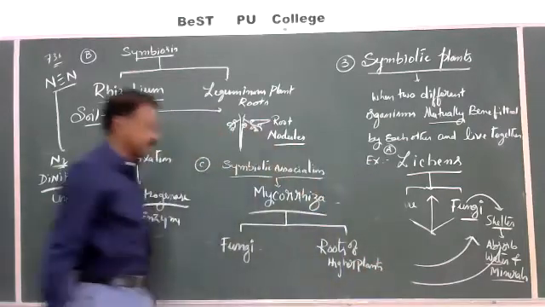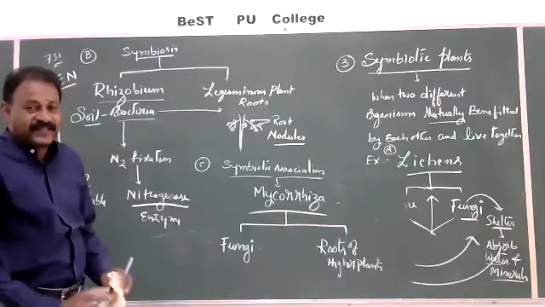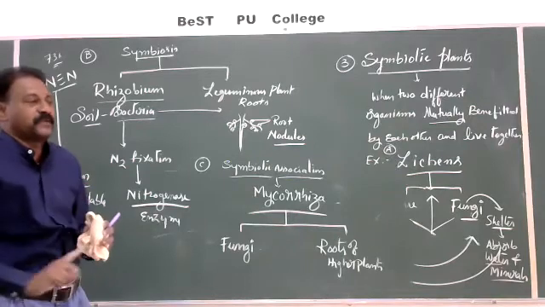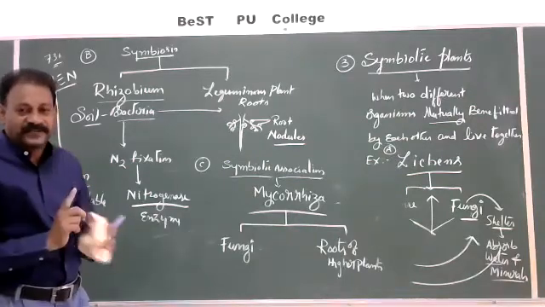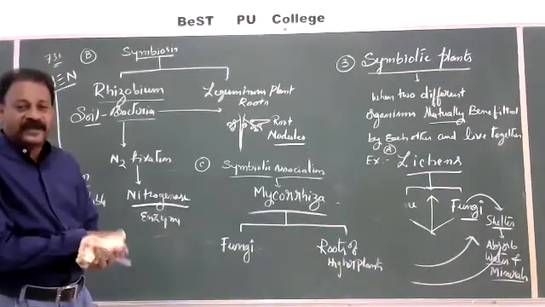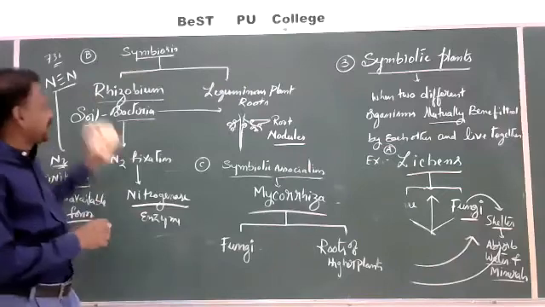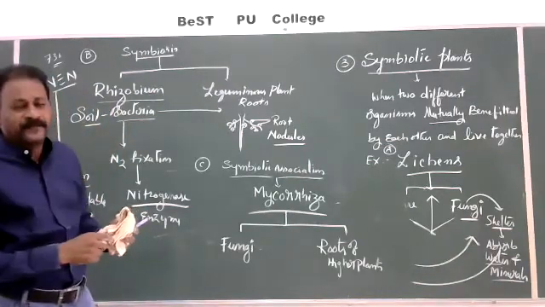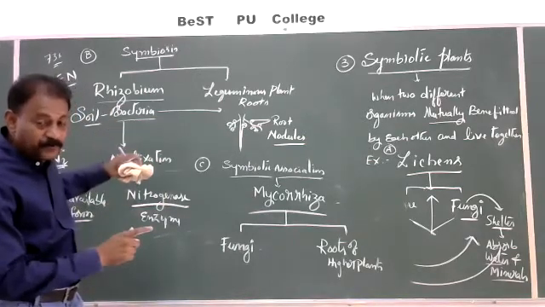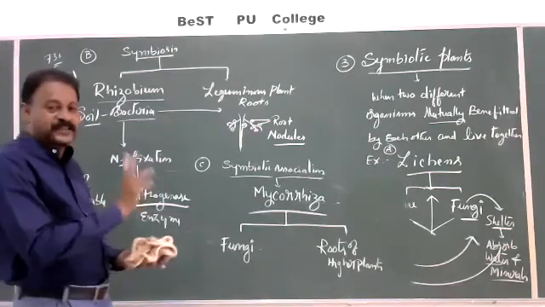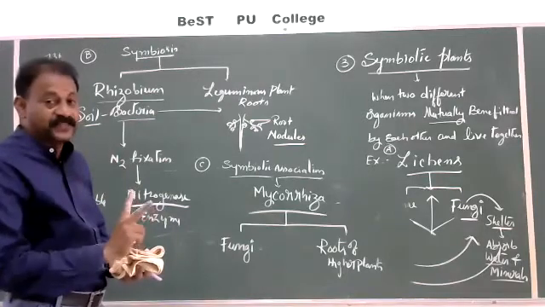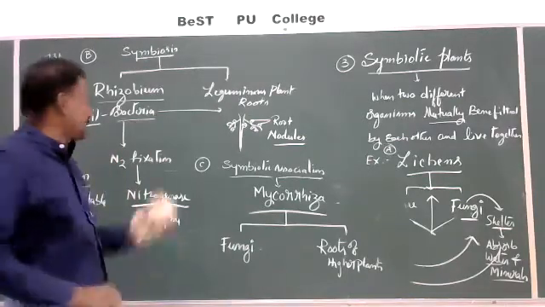Listen, my dear students, carefully. We are watching heterotrophic plants. In the heterotrophic plants, in the previous class we were able to complete only one, that is parasitic plants, with various diverse examples. After that, we have seen that class again today, and we have started with the first one, saprophytic plants. Saprophytic plants means which grow on dead organic matter. We have given two examples. Examples are compulsory for repeatedly learning how to write and read.